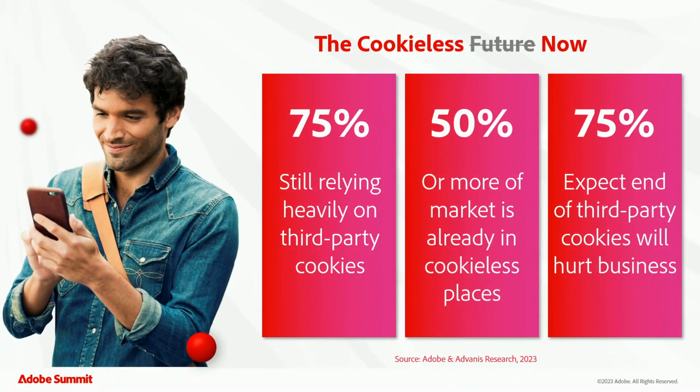I promise you last three stats, and then I'll shut up about these. But of everything I just said around building a first-party data strategy, brands are feeling like they need to get prepared but aren't yet. The numbers from just 2 months ago that we ran are more telling than ever. 75% of brands are still relying heavily on third-party cookies. This is the stat I alluded to before, that 50% or more of their customer base and media spend is operating in places that are already deprecating third-party cookies, or